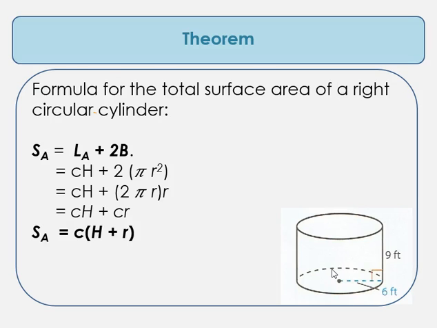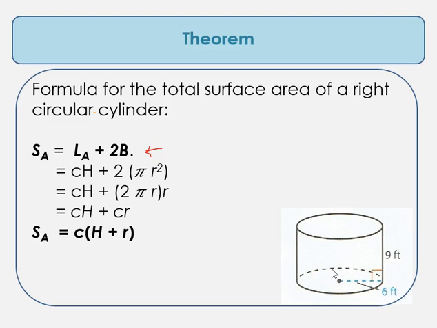So in your notes, this is exactly what you want to do. I gave you a formula for right circular cylinder that was S equals L plus 2B. However, if we now derive this for the cylinder instead of the prism, we substitute CH for the L and pi r squared for the base. And if we go ahead and combine,